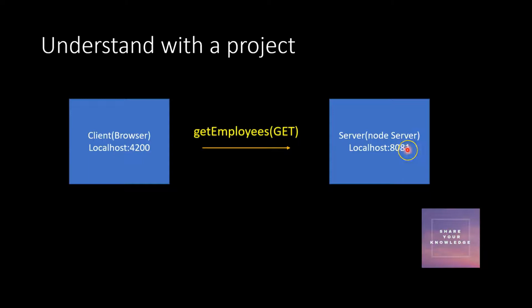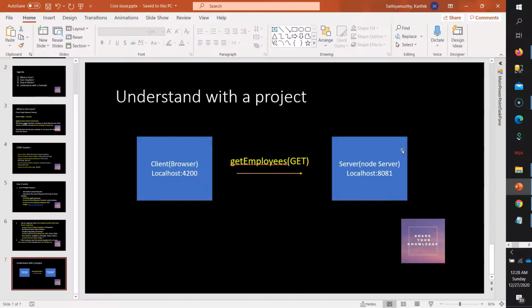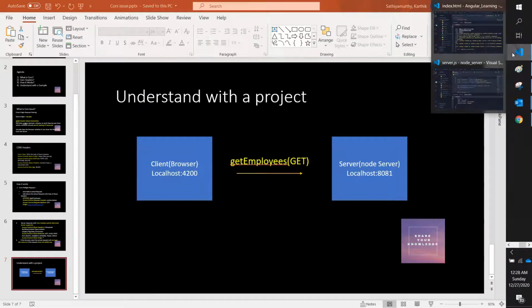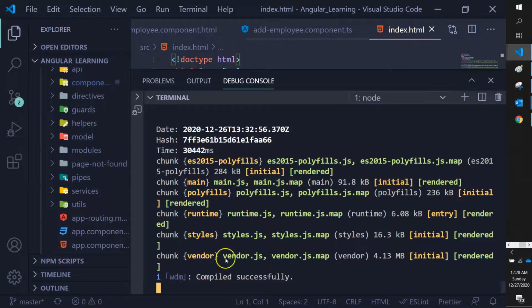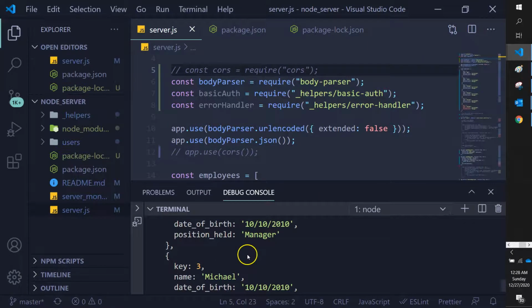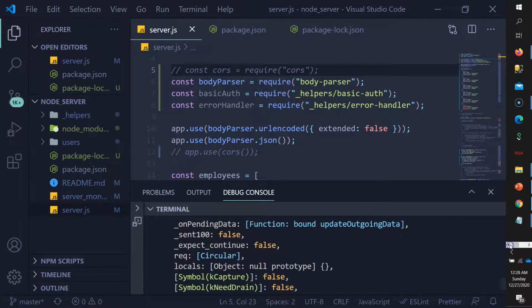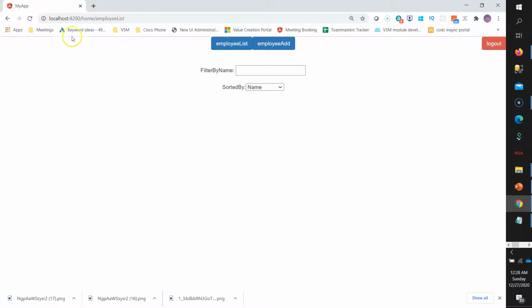Now let's see how this CORS process happens. I have an Angular application running on 4200 and a Node server running on 8081. Now let's move to the browser. So this is my Angular application.